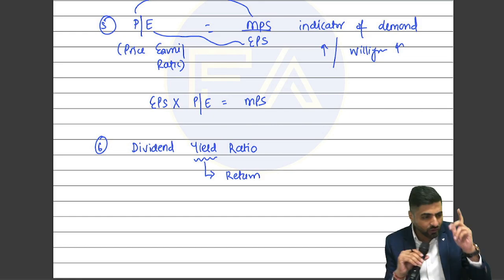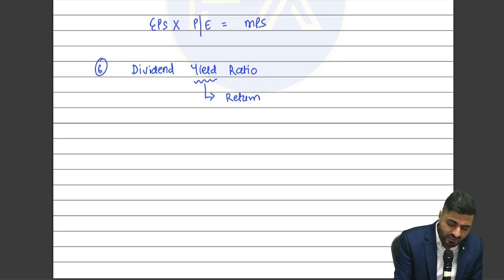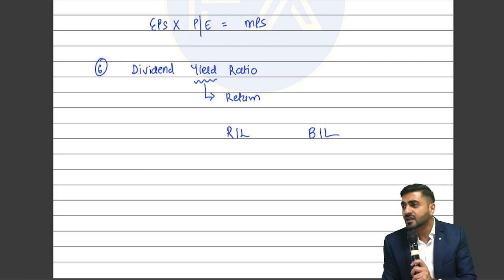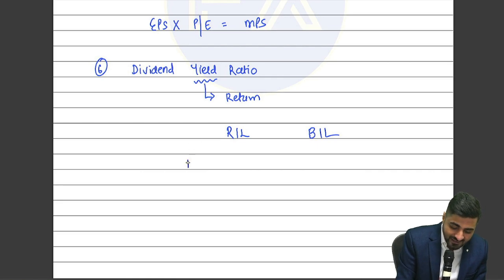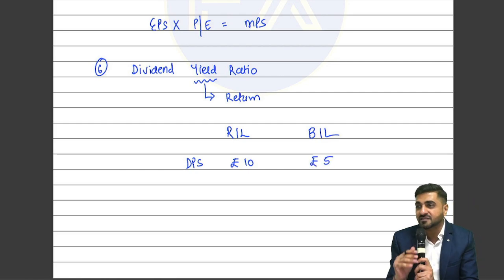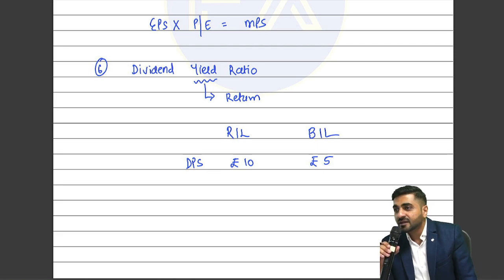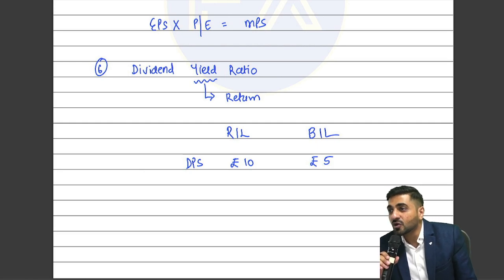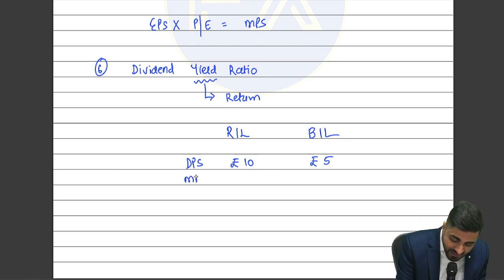Okay, fine, no problem. You want to invest in stocks, in dividend yielding stocks. There are two stocks in front of you. One is Reliance Industries Limited, one is Bhavin Industries Limited, my company. Suppose Reliance Industries Limited has a dividend per share of rupees 10 and Bhavin Industries Limited has a dividend per share of rupees 5. Which company will you choose, RIL or BI? You can't answer this question, Rahul, because it depends upon the market price per share.